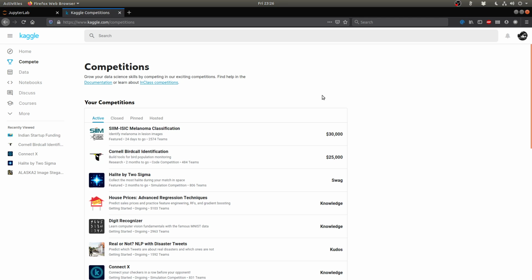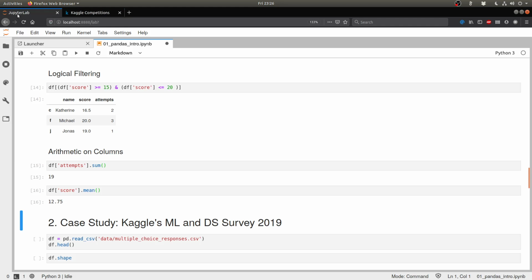A lot of data sets are available here. A lot of competitions are available here. It's also quite addictive in a way because people can waste a lot of time on this. So what they do is conduct a survey every year where they talk to all the people who are enrolled on the Kaggle platform about their preferences and what sort of working environment they have, what sort of jobs they do, whether they use machine learning or not, and if they use machine learning or data analysis, what algorithms they use, what software they use, a bunch of different things.